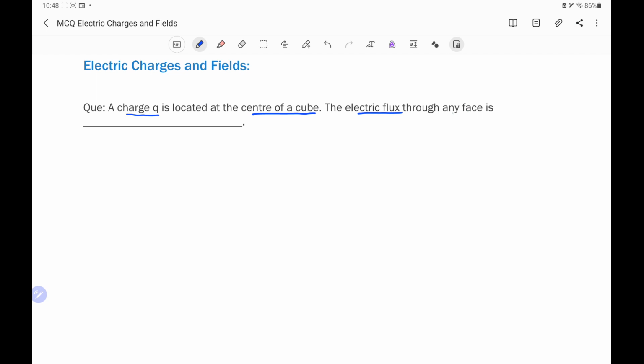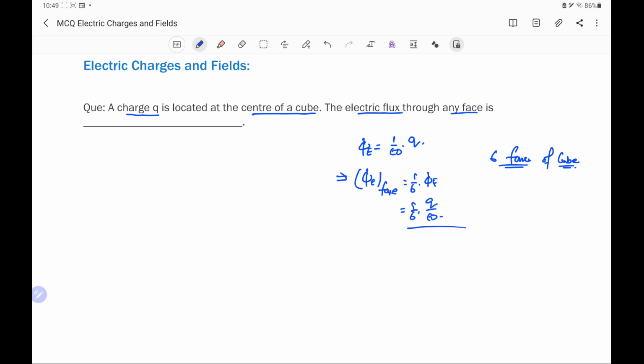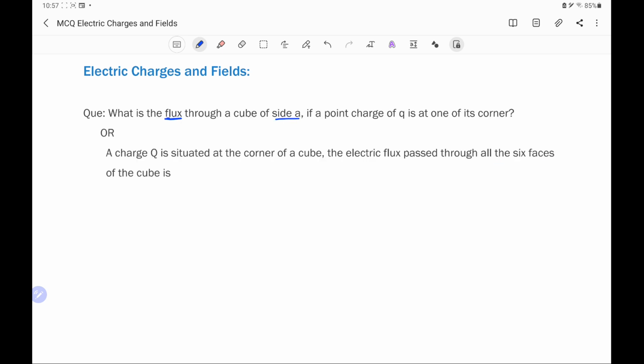The electric flux through any of the faces: as done earlier, the flux linked with a cubical Gaussian surface will be 1 by epsilon naught times the charge enclosed, which is q, and there are 6 faces of the cube, which are identical and symmetrical with respect to the center. This implies that the flux linked with any of the faces will be 1/6 of the total flux, and it will be 1/6 of Q by epsilon naught. This is the answer. Next question is: what is the flux through a cube of side A if the point